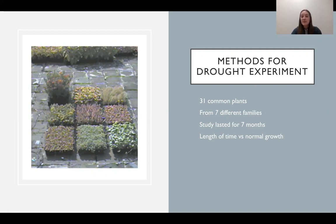And so this study lasted for 7 months, and for the first 3 months of the study, they grew under human care, which basically means the researchers were helping the plants grow a steady base to withstand the next 4 months of the study, which was completely on their own in Taiwan's climate without human care. So they watered them and made sure they grew stably for 3 months. And then for the last 4 months of the experiment, again, they grew completely on their own,